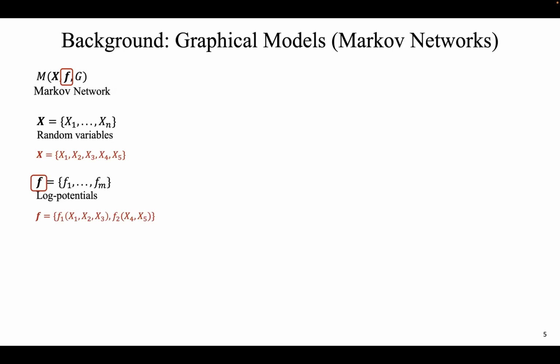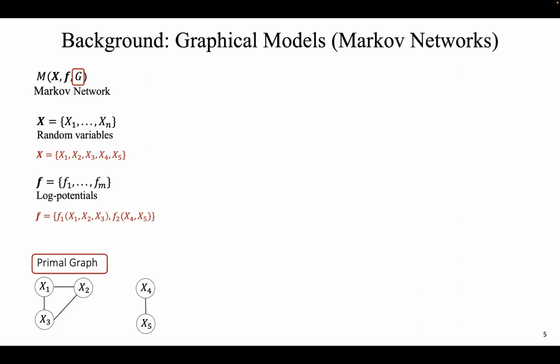So let us get to the meat of the problem, right? And let me define the problem, the CMPE task, formally using graphical models or Markov networks. I'm going to present a bit of background and notation before we do that. So let us say we are given a Markov network, which is defined by a triple X, F, and G. The Markov network is the symbol M, where X is a set of variables, F is a set of log potentials, and G is the primal graph or the interaction graph that is associated